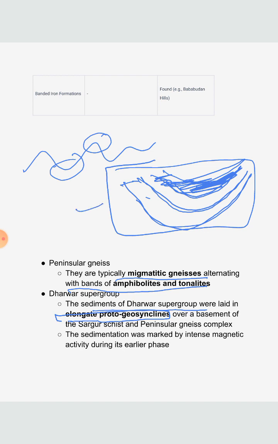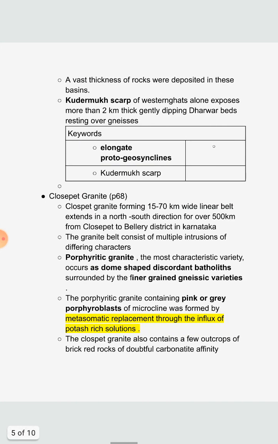The sedimentation was marked by the intense magmatic activity during the earlier phase. The vast thickness of the rock was deposited in this basin. The Kudremukh scarp of the Western Ghat exposes more than 2 kilometers of the gently sloping Dharwar beds. So, whenever we write about the Dharwar supergroup, we need to write about the Kudremukh scarp in the Western Ghat, and